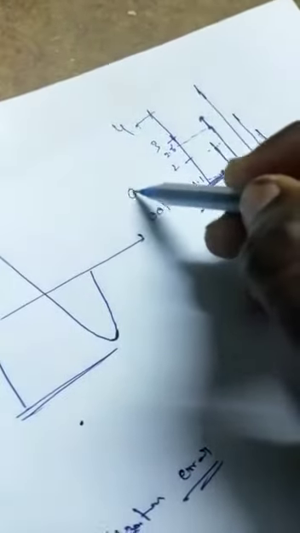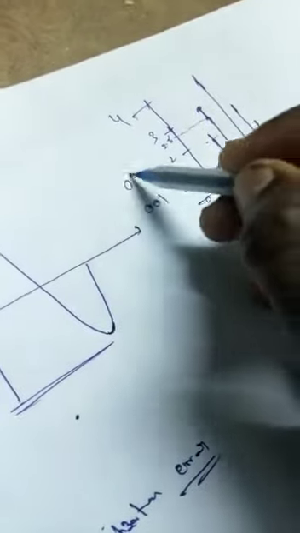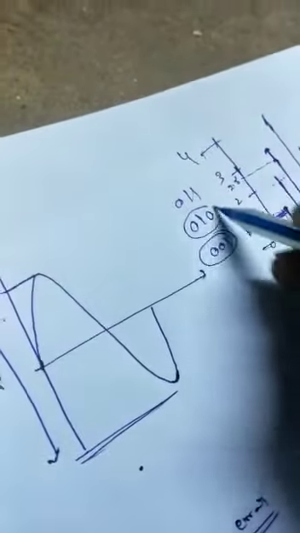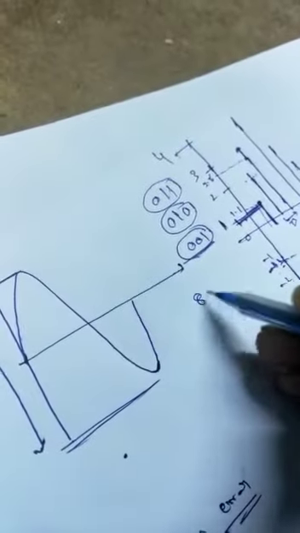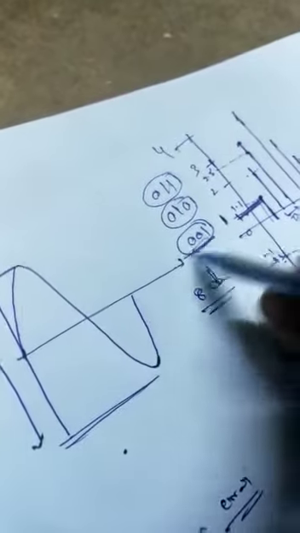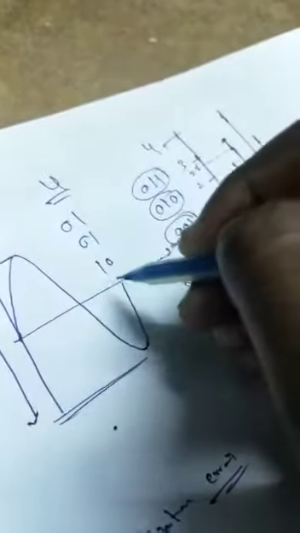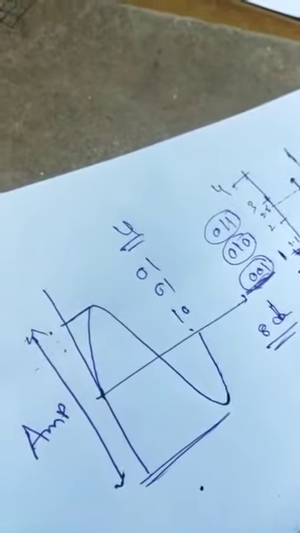and 2 can be represented as 0, 1, 0, and 3 can be represented as 0, 1, 1. Like this we are encoding the digital values. Why am I taking 3 bits? Because here we have 8 digital levels, so I take 3 bits. If we have 4 digital levels, we take only 2 bits. Here the total number of digital levels is 8, so I take only 3 bits. If the total number of digital levels is 4, I can take only 2 bits.